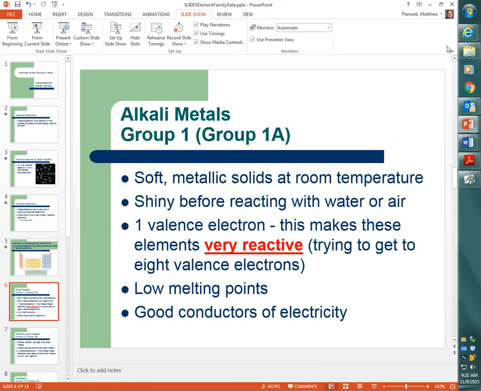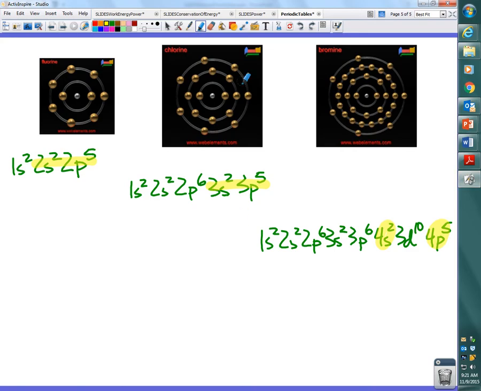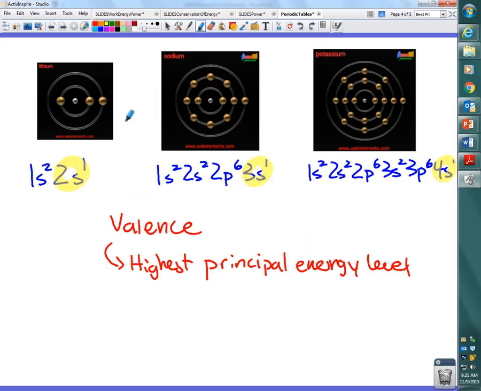For example, here's sodium. The highest energy level that it has currently is the 3rd energy level, but it only has 1 electron in it. We could pick up 7 more electrons in that outside ring to take the outside ring up to 8. Or, if we just get rid of this one, and go from 11 down to 10,